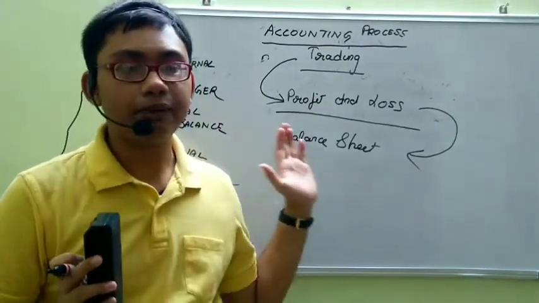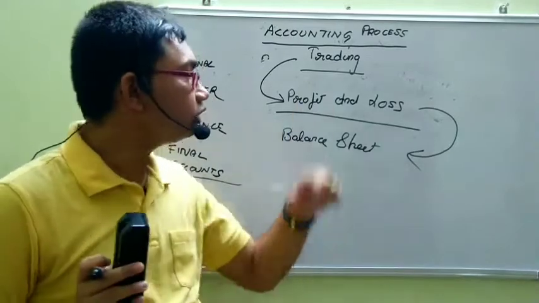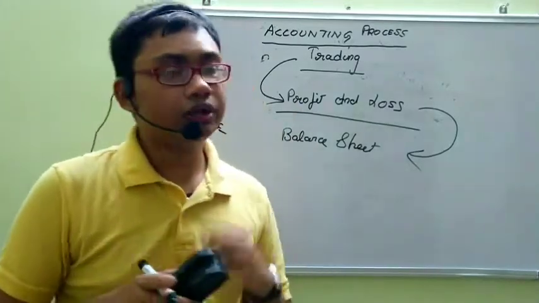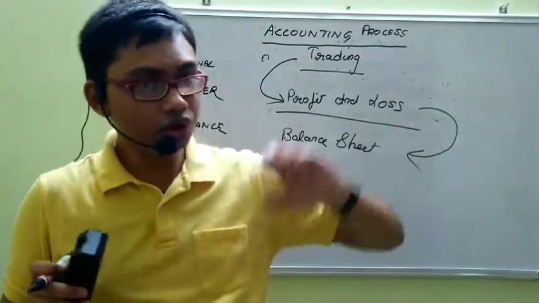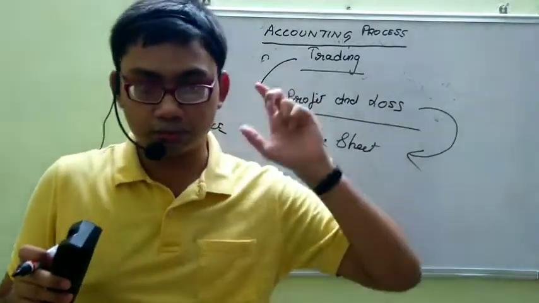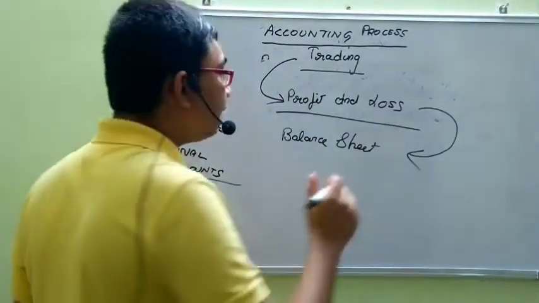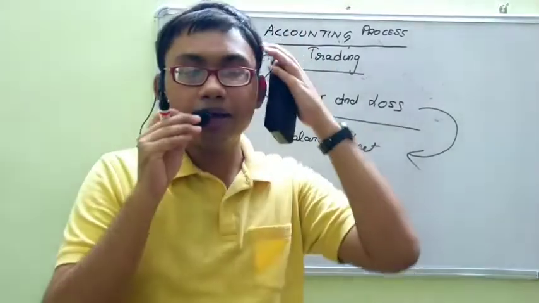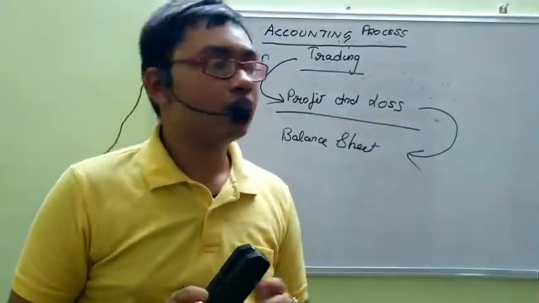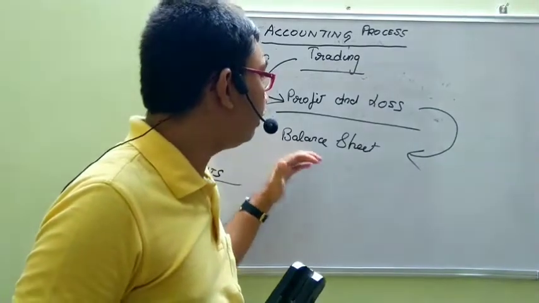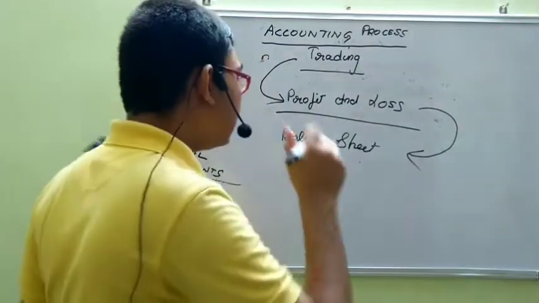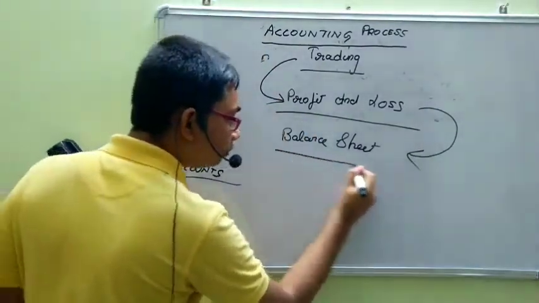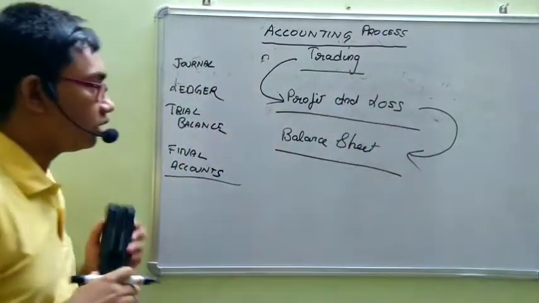The owner's capital, where will this profit go? It will naturally go to the owner. I have already told you this will go to the owner in the business process. So naturally it will be added to the capital. Yes or no? Added or subtracted, as the case may be. Therefore, it will be going to the balance sheet. These were the main three items we prepare in the final accounts.